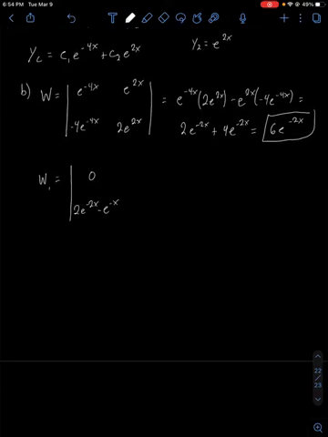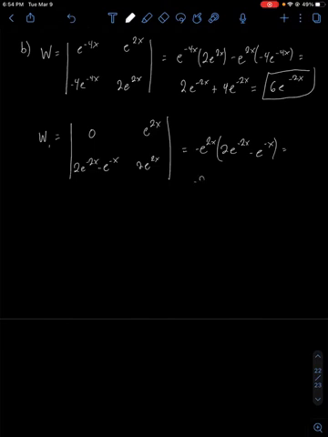And then the second column is y2 and its derivative, e to the 2x, 2e to the 2x. So this one is going to be 0 times 2e to the 2x minus e to the 2x times 2e to the minus 2x minus e to the minus x,